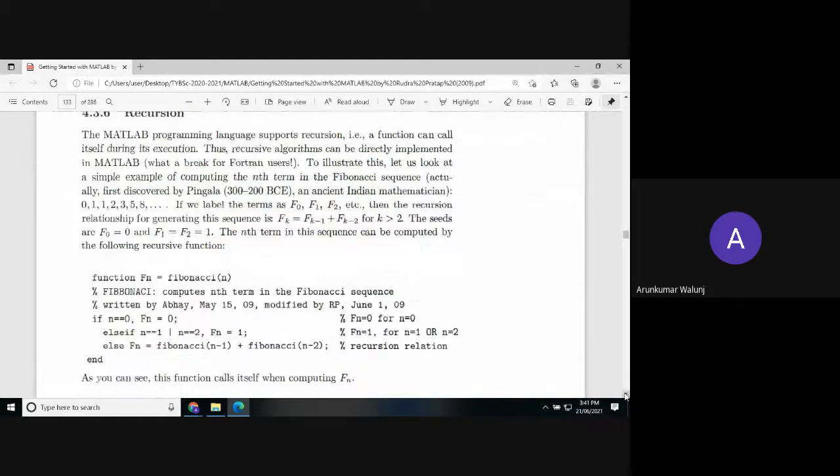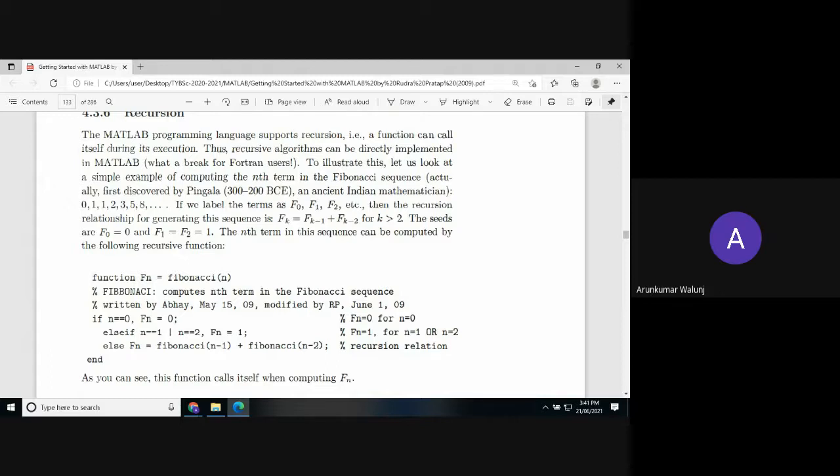Now let me tell you the best example we have seen of the ultimate feature of recursion in MATLAB programming. Very few languages support recursion, and we know a function can call itself during its execution.